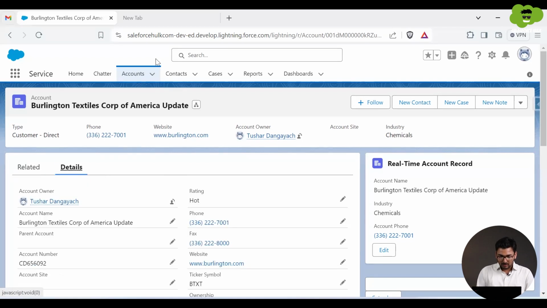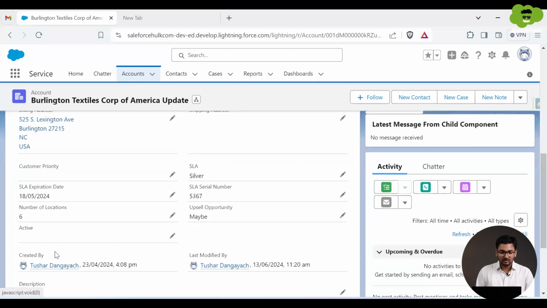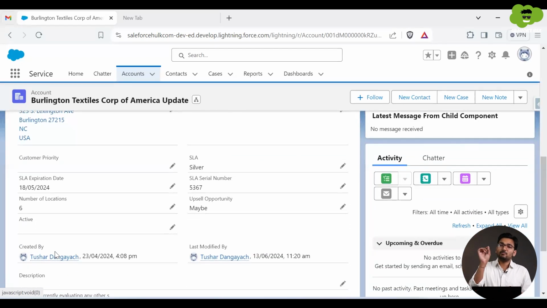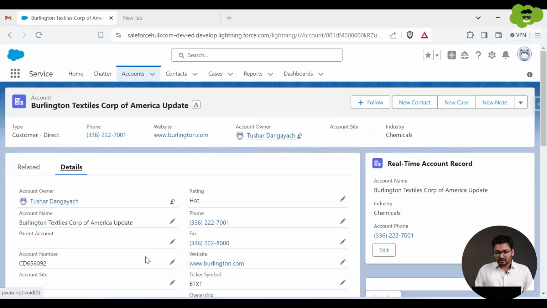I have to go to the account tab. Then from related, I have to switch to detail. And out of the whole information, I have to select the particular field which I want to edit. Then I can edit it. This is all standard UI. But in case I need a simple basic three-field UI, where I'll be able to see the account records, three fields which are relevant or important for me, or which I or any sales or service representative is working on very frequently,